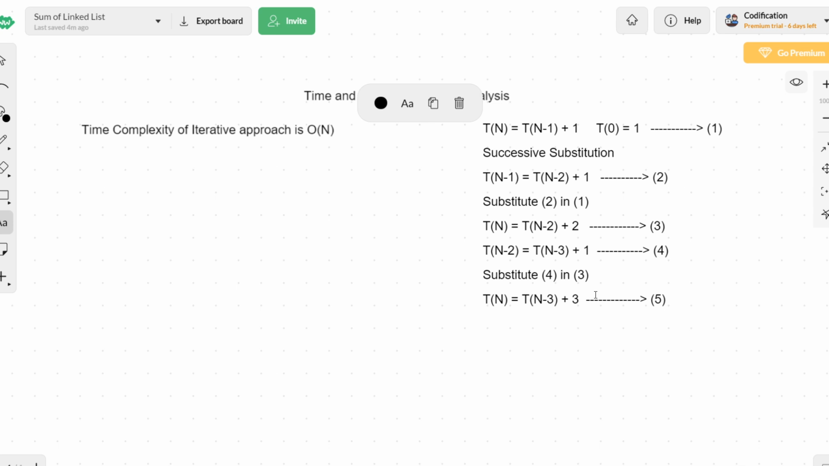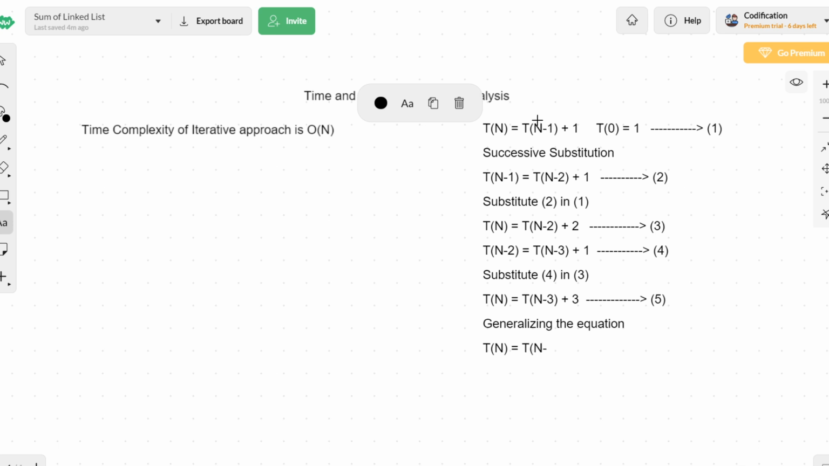Now this will keep on going. If you substitute again and again, this will keep on. This is why it is called successive substitution. But I'm going to generalize this equation. So the next step, after doing 3 or 4 steps, you have to go for generalizing the equation. So coming to generalization, take t of n is equal to, t of n is okay, but minus